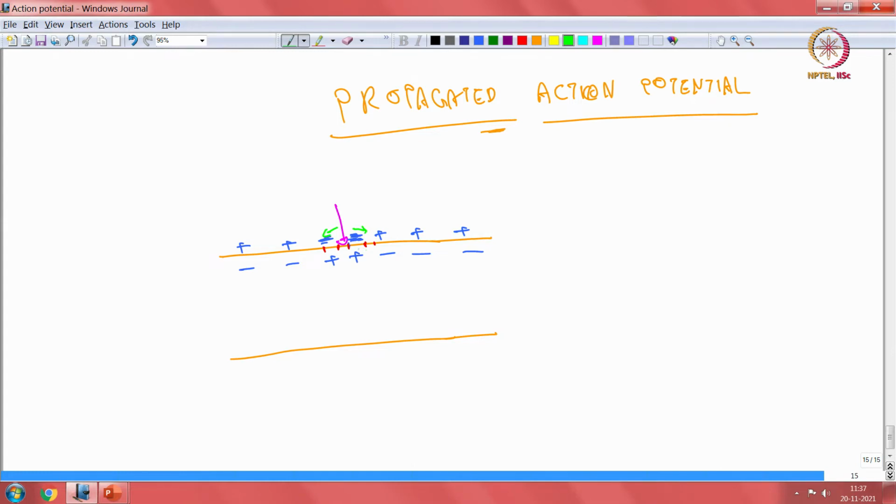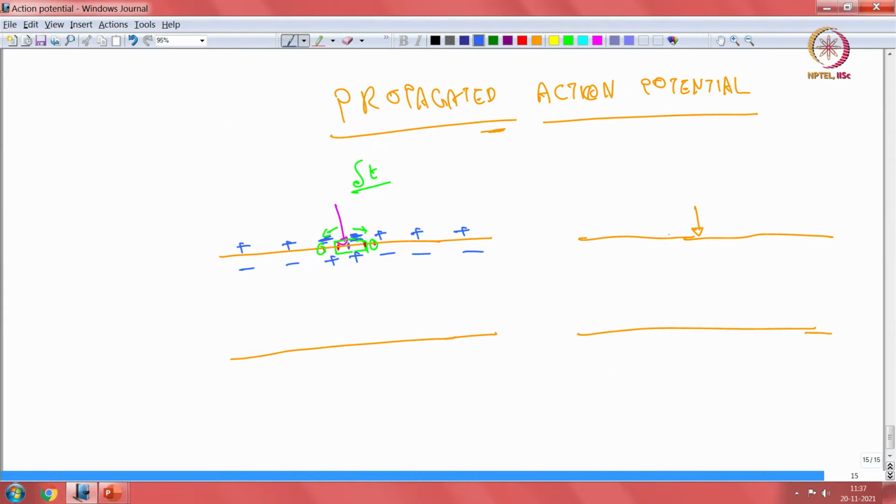After a small duration of time, neighboring channels are affected. The first set of channels is this set, and then it progresses on to the next set of channels which are lateral. The same cycle gets repeated. So effectively, you have the same membrane and a point stimulus which was there at that point of time, but the action potential gets transmitted.